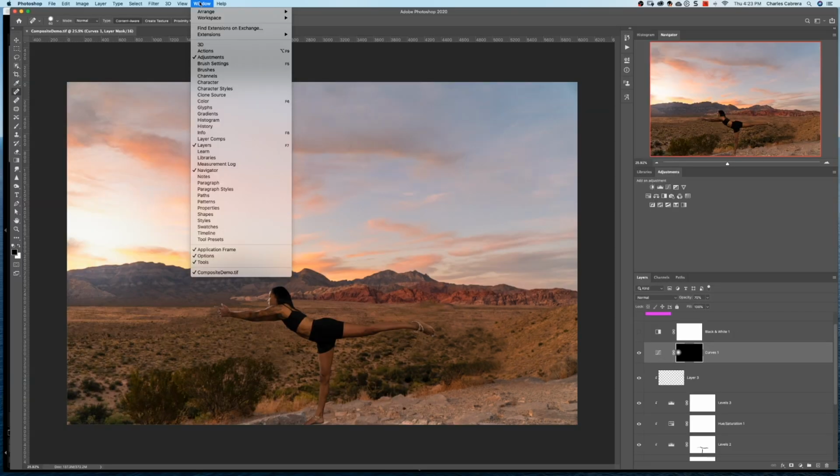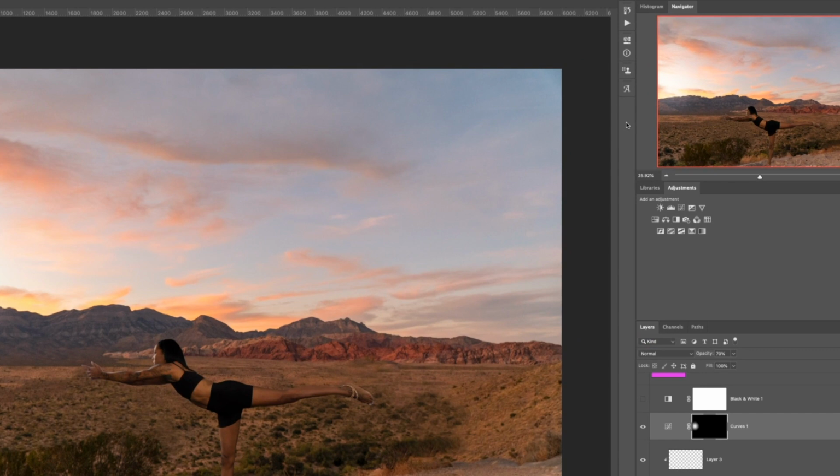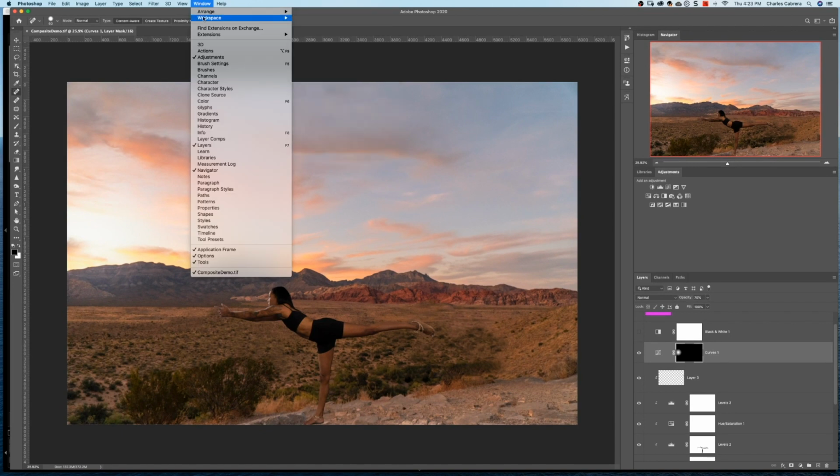And you have a window menu here where you can add more of Photoshop's tools to the tool panel here on the right. You can add more windows and more tools related to Photoshop there. You can change the workspace. This happens to be the photography workspace. You can go to 3D, motion, painting, graphic, and web. So you have all these different workspaces that you can customize, and you can actually create your own workspace and save it so that you can work with Photoshop that way.